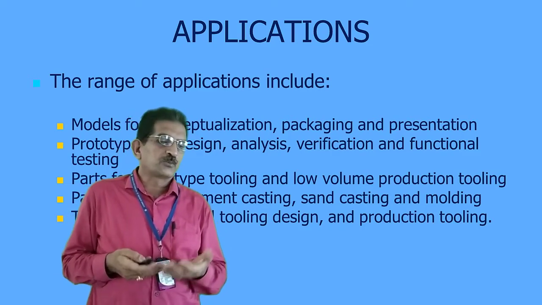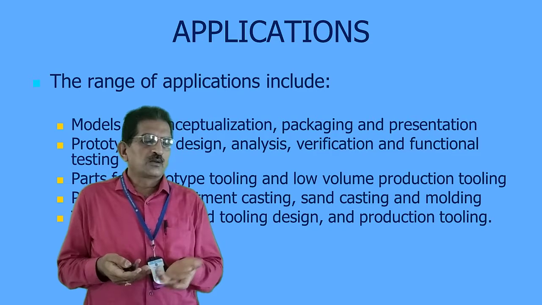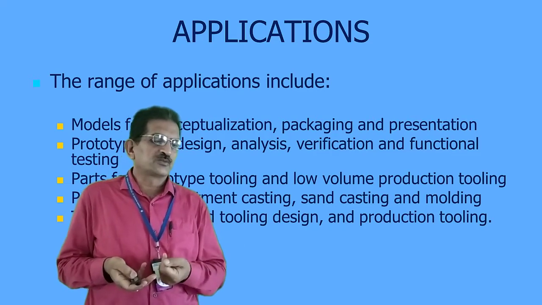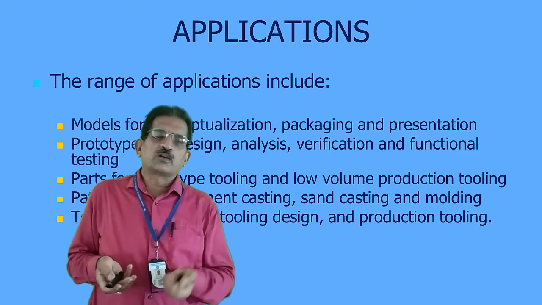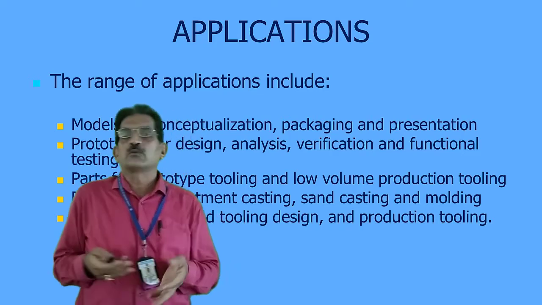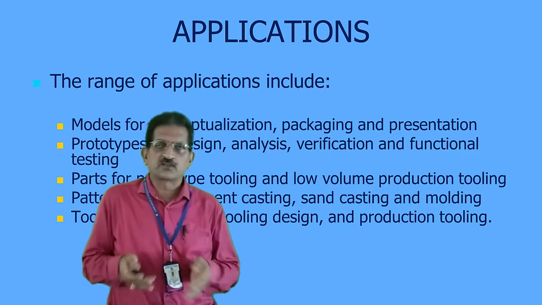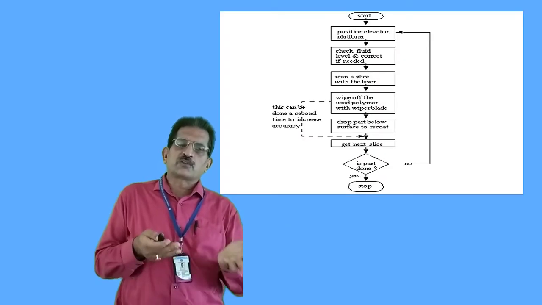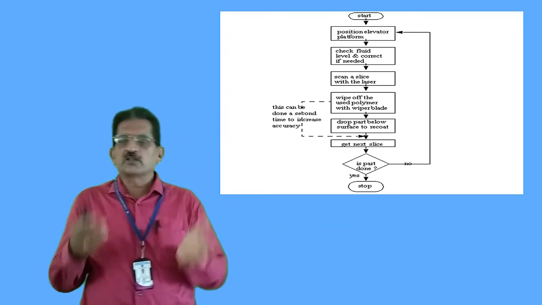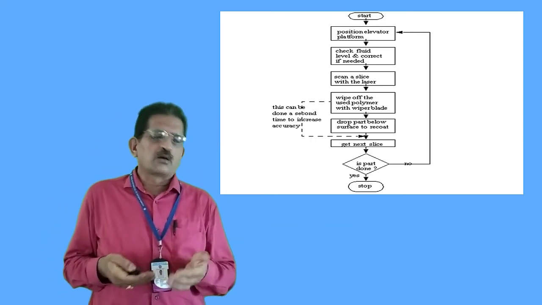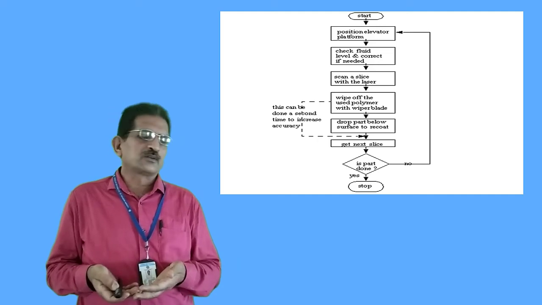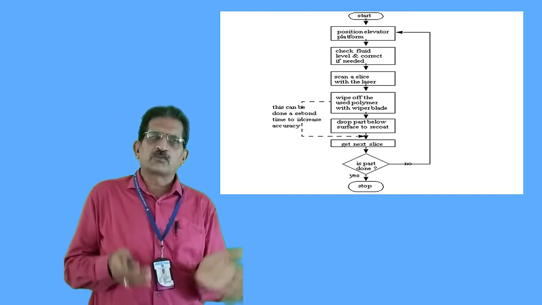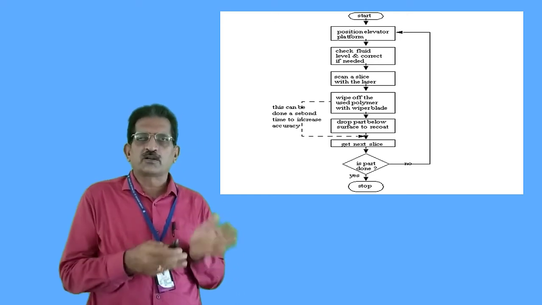And then there are parts for prototyping tooling. When you want to make production tools, CNC tools, you can make them by this model, and you can have very low volume production tools. Then you can make patterns for investment casting, from which you can make the components, or you can use them for sand casting patterns, or you can make molding patterns. Once you mold it there, you can pour the metal and